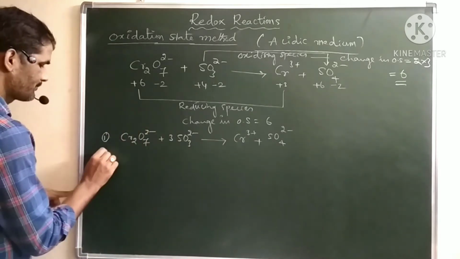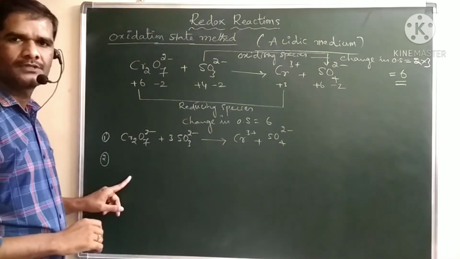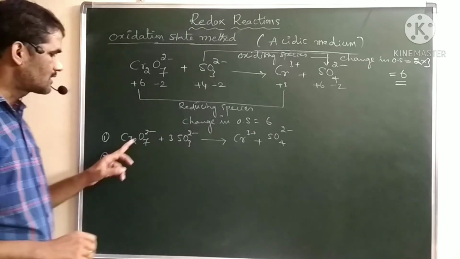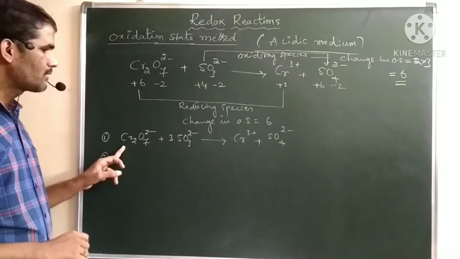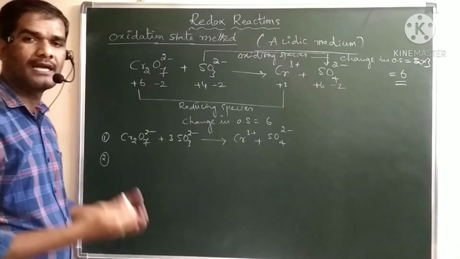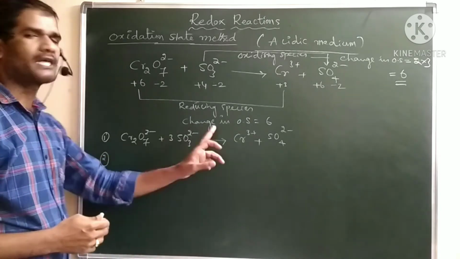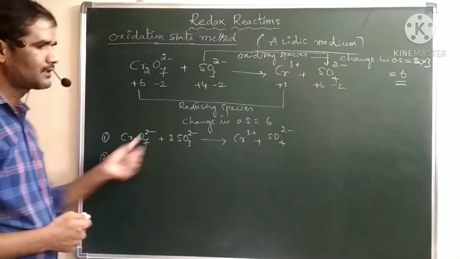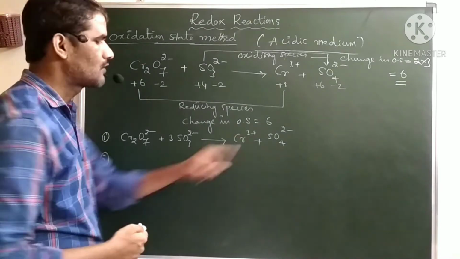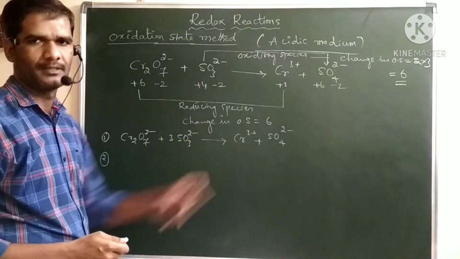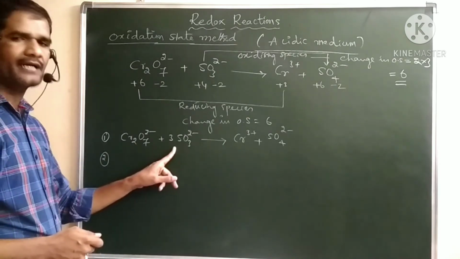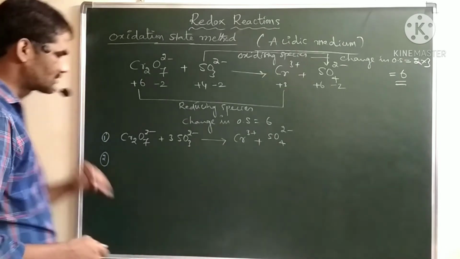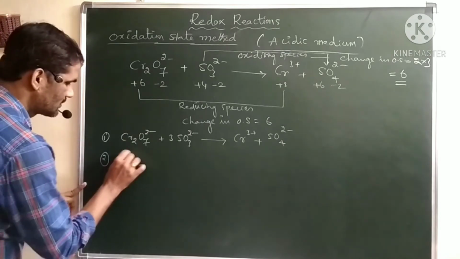What is the second step? You can go back to the rules. In the second step, we have to balance the elements except oxygen and hydrogen. So what are the other elements except oxygen and hydrogen here? Chromium is there and sulfur is there. So first we have to balance these two elements to make both sides equal. You see first chromium. Here 2 chromium atoms are there in the reactant part, and on the product side we have only 1. So we have to multiply, or add, 2 chromiums here. Similarly sulfur, on the left side, the reactant side, we have 3 sulfurs, and on the product side we have only 1 sulfur. So in the second step we are balancing the elements. So how to balance?